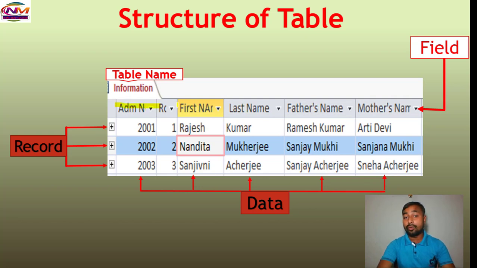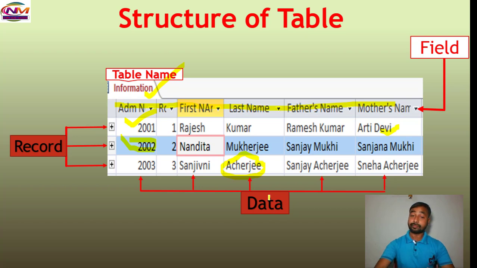These all are known as fields. The name of the table is information, so this is called the table name. These rows, from 2001 to Aarti Devi, are called individual records. And individually, this is called data, and this, 2002, is also called data. By the help of this individual data, we can come to a conclusion, and those conclusions are